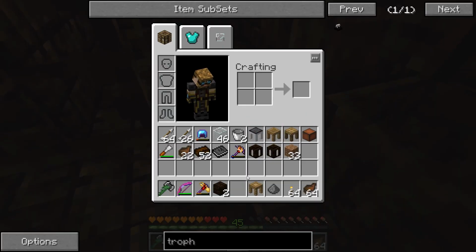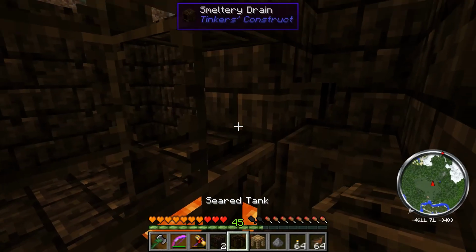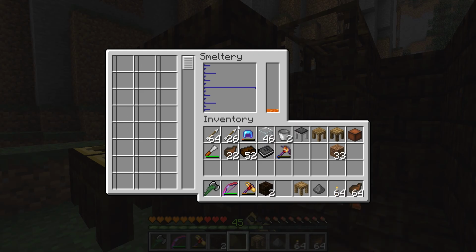So if we did, let's see, this one has the lava. If we put that there, we still have the lava here and we can still smelt stuff. I don't have anything to smelt, but if I did, I could show you that. Well, I guess I could smelt some lava, or some glass. So see, it still works even though the lava is elsewhere. It's going very slowly, but